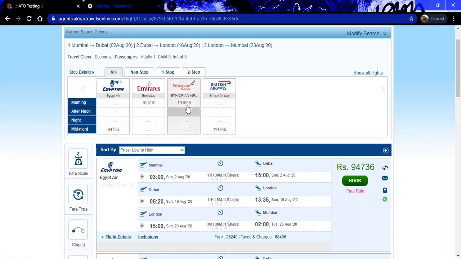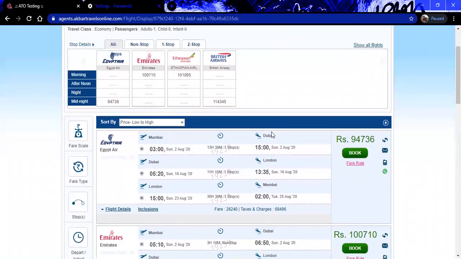So you can select accordingly. We have also provided details like whichever fare is lowest, it is for midnight and for Ethiopian. So you can locate this according to the filters, and you will be able to get the availabilities below.